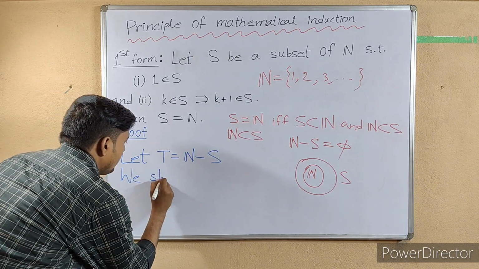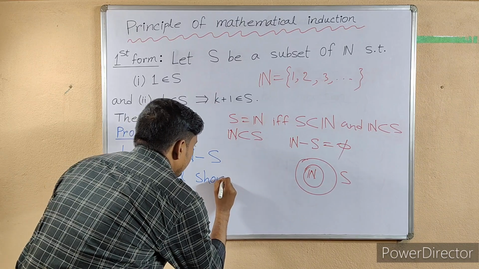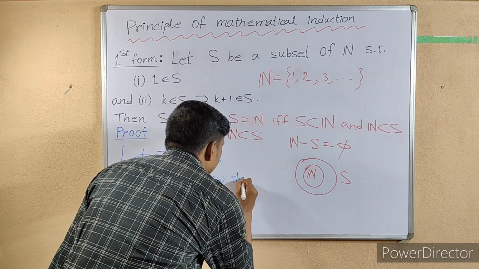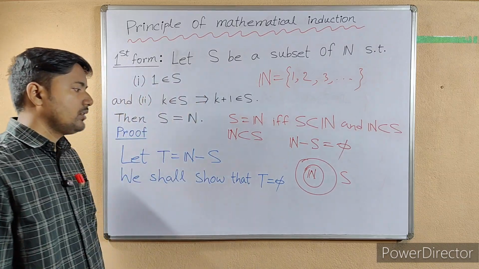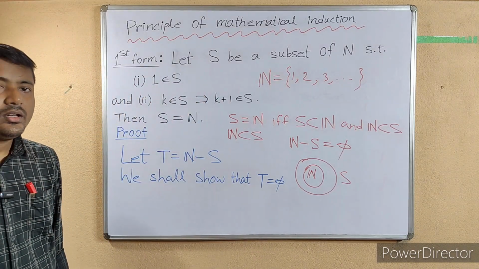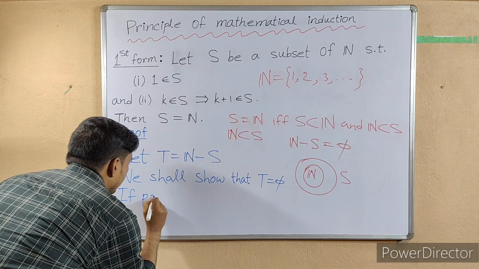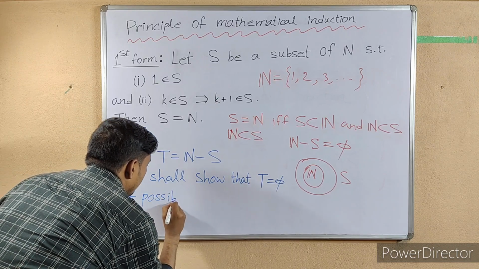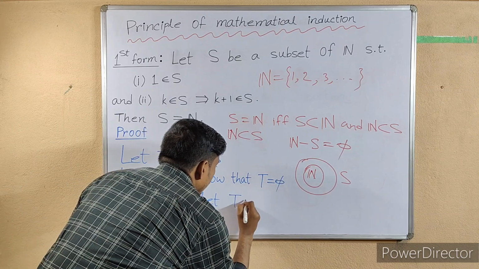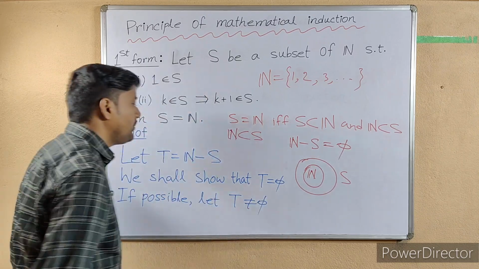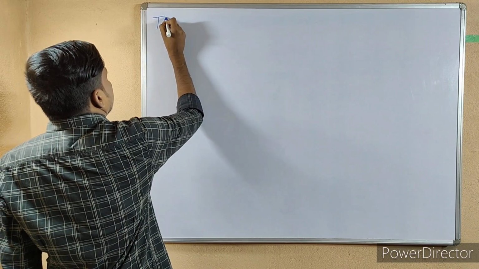We shall show that T equal to phi. If possible, let T not equal to phi. Then